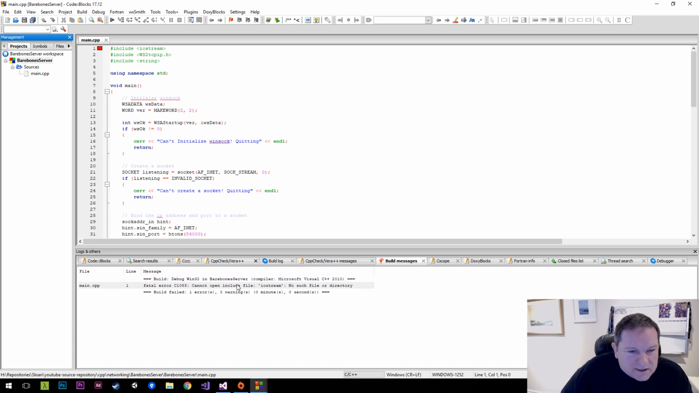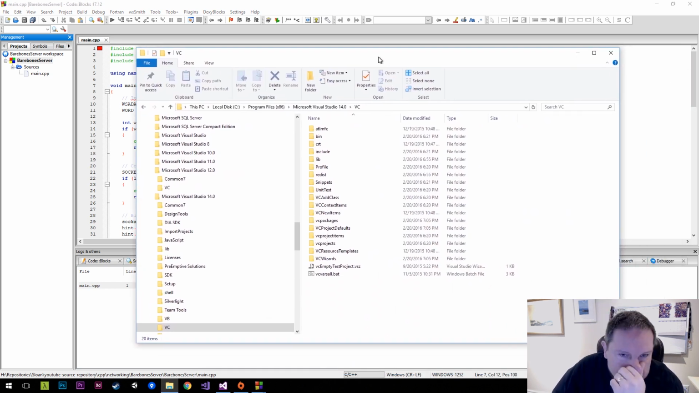So it says cannot open include file, iostream, no such file or directory. So now we have to go and hunt all directory paths. This will be fun. So unfortunately, I think the problem is you're not going to be able to do this. And the reason why you're not going to be able to do this is because you are using